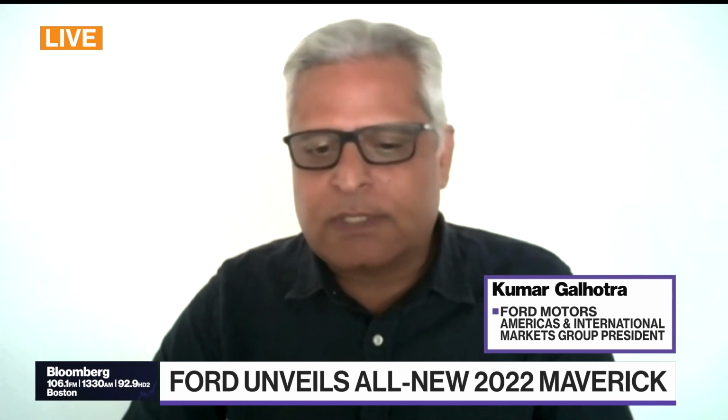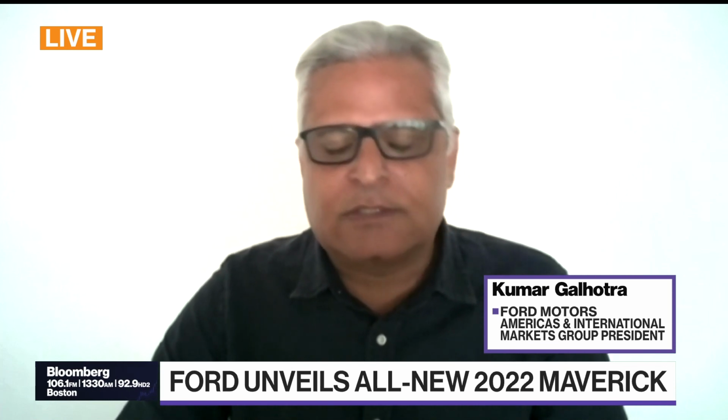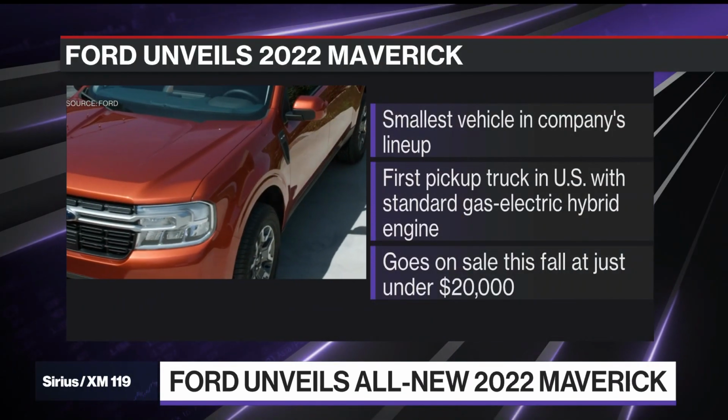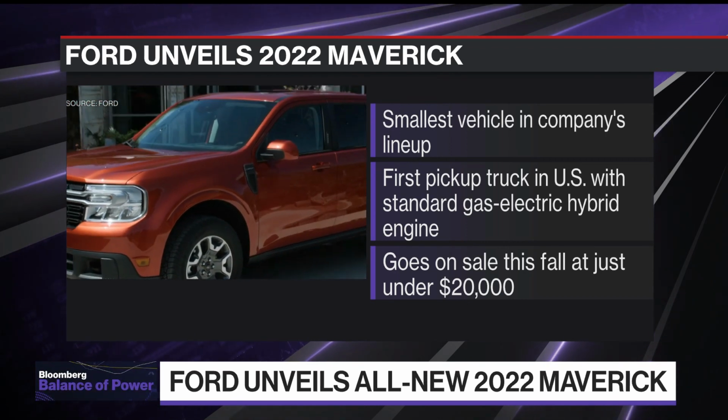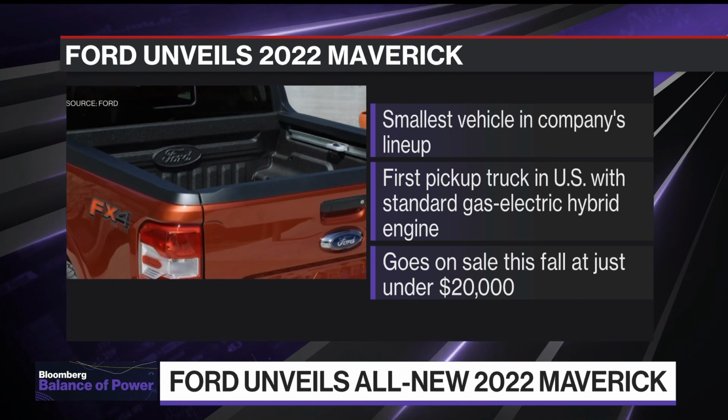It's got an 8-inch touchscreen, Apple CarPlay, Android Auto, Ford Pass Connect. It's got a modem. You can start the vehicle remotely. You can stop it. You can lock it, unlock it. Great stereo system. An EPA estimated mileage of 40 miles per gallon in the city, and all of that for under $20,000. So really excited to serve these customers who need this product that's at that price point with that